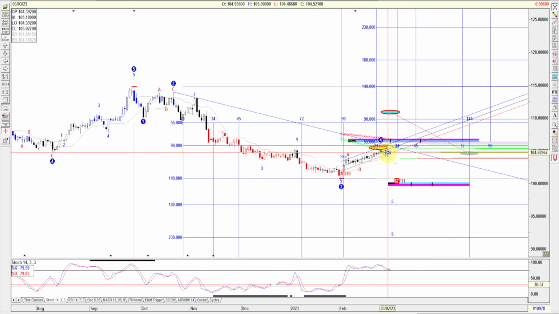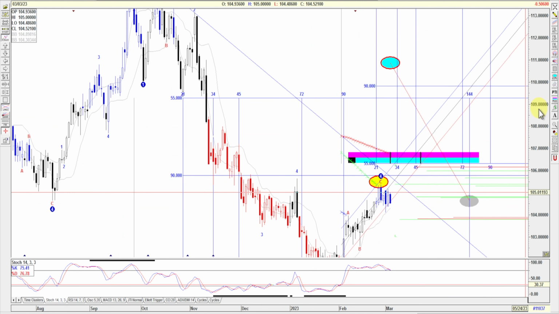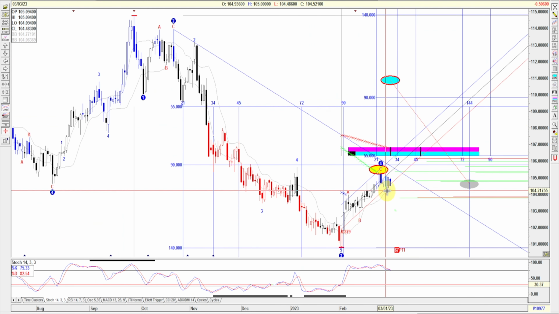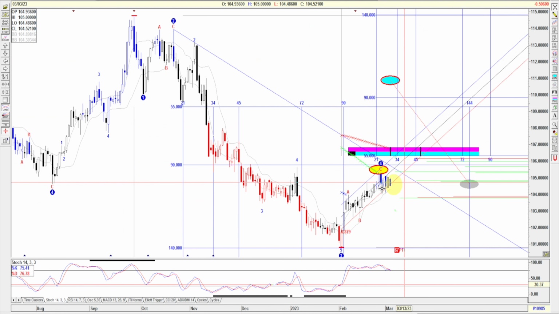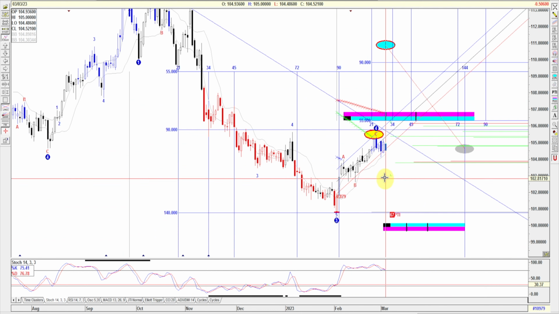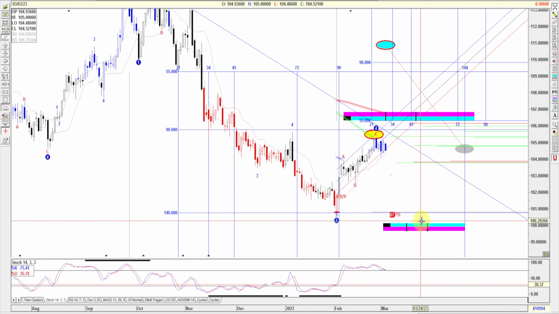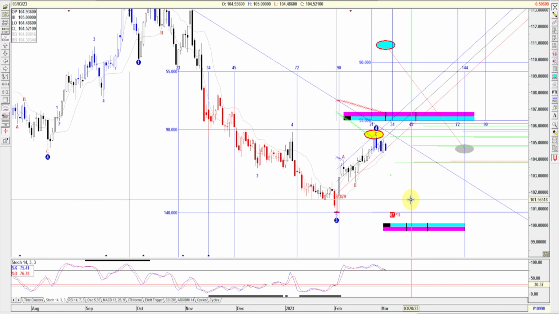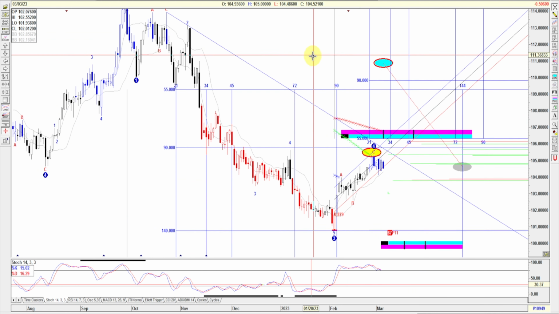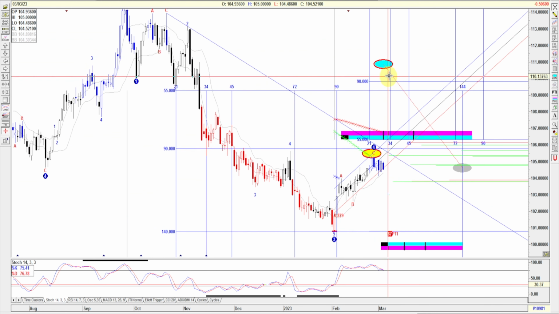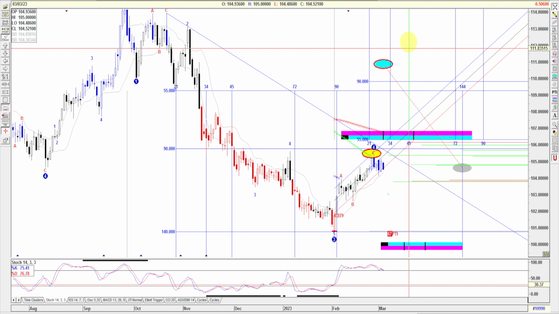The ellipse technique right here, if you zoom in, didn't really play out that well. I thought there was going to be some big move, but it's more like an inside day. So you can see that the ellipse technique didn't do much here. I've got a couple of levels here that I'm watching, and then this trend line that is coming down. I want to see if we can at least close above that trend line. And that's pretty much it. There's another ellipse over here, which is March 9th. So we'll see how this is going to play out.